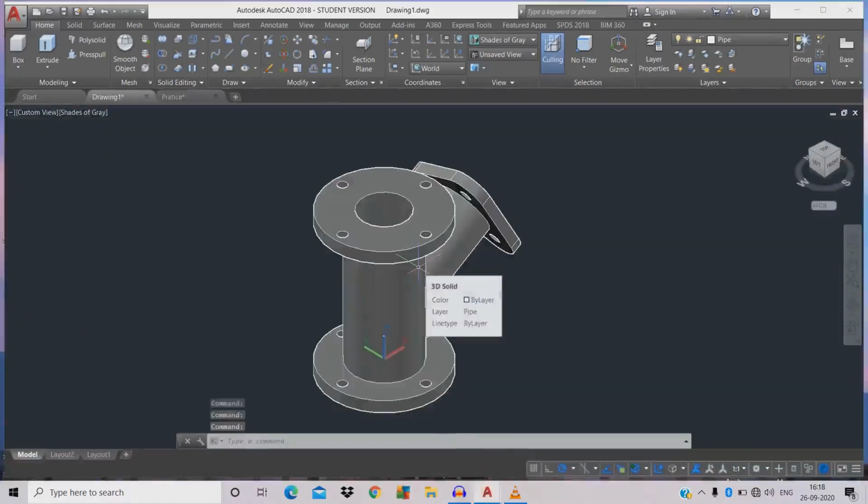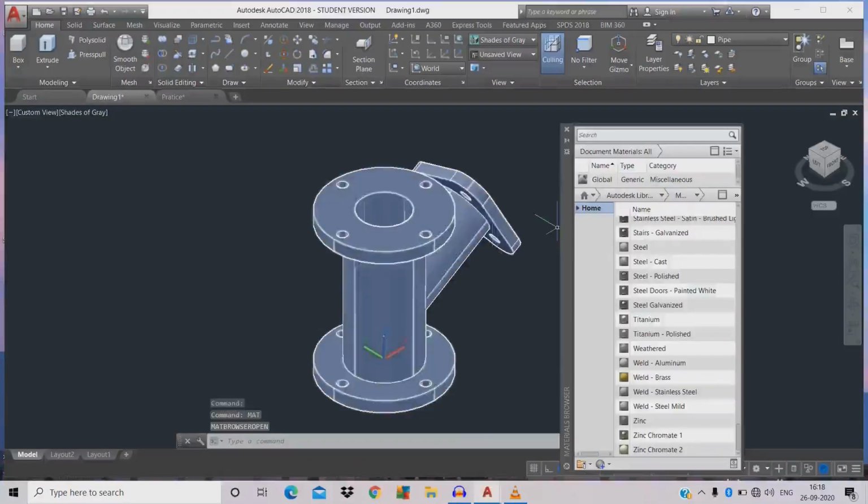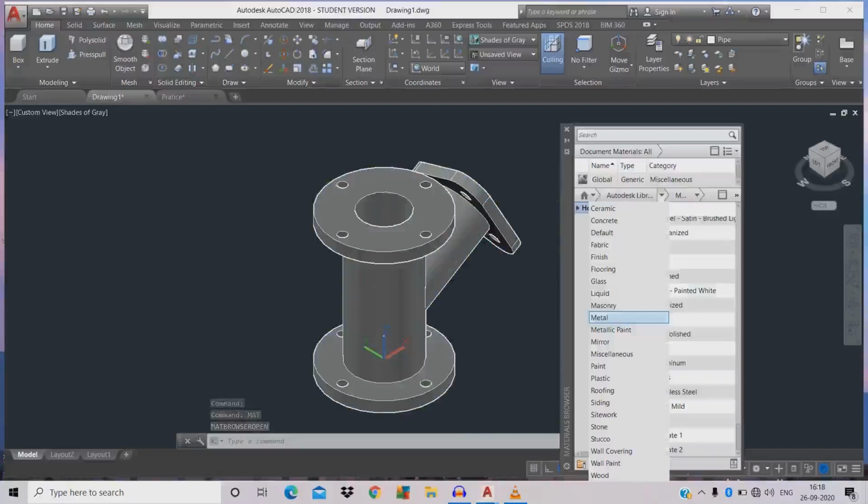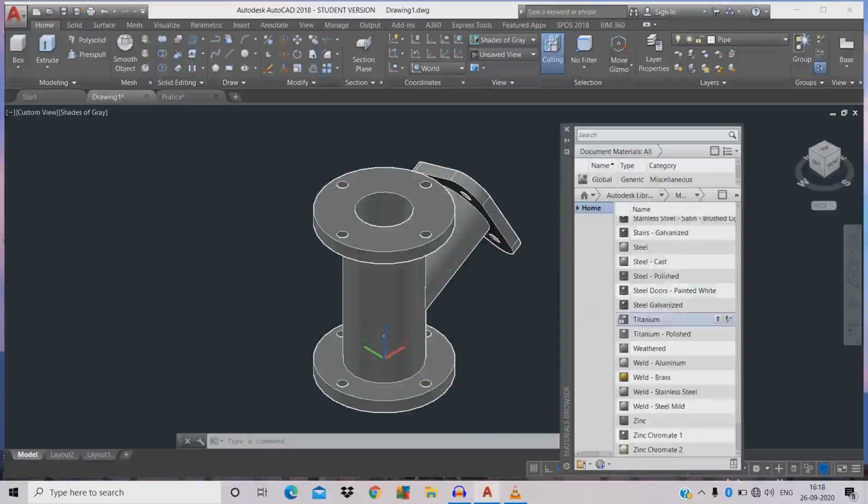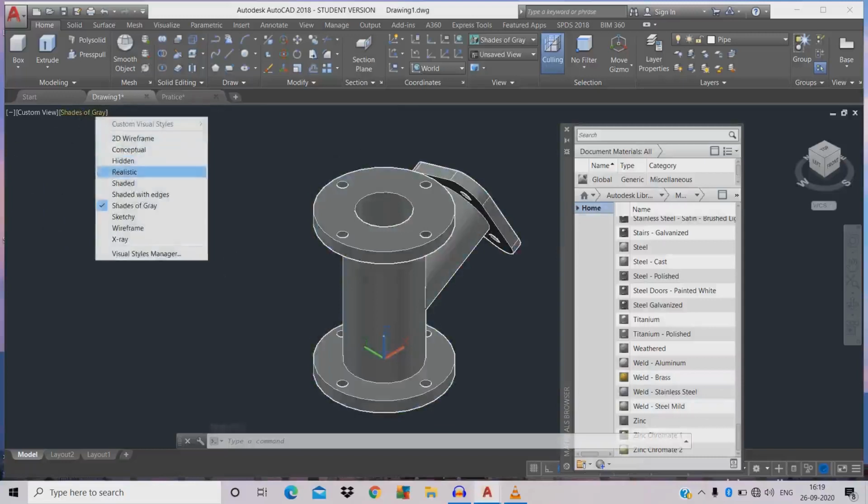Now we're gonna add a material. For MAT space, just click the Autodesk library arrowhead. We need metal, so I click the metal over here. By using the scroll button we can scroll the icons. We need a welded steel, mild. Left click the icon, drag it over here and just take the hand over here. But you couldn't see the change, just change to realistic. The added material will be shown in graphics.